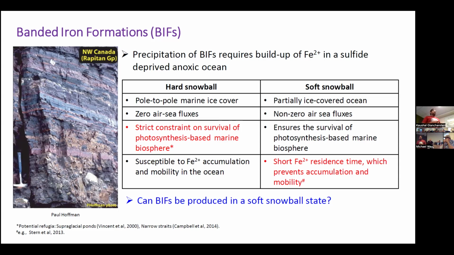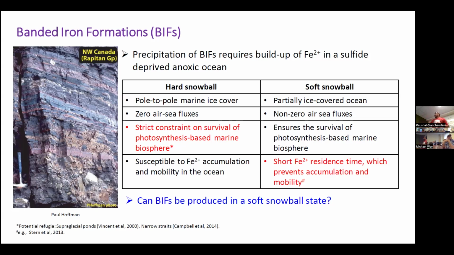That's absolutely correct. But the Neoproterozoic banded iron formations are special because these Neoproterozoic snowball Earth events mark the reappearance of the banded iron formation in the stratigraphic record after being absent for over 1 billion years. So you are correct that the majority of the iron deposits are from 2 billion years ago or before, but during these 2 snowball Earth events, banded iron formation reappeared in the stratigraphic record. Please feel free to chime in with questions at any point in this talk.